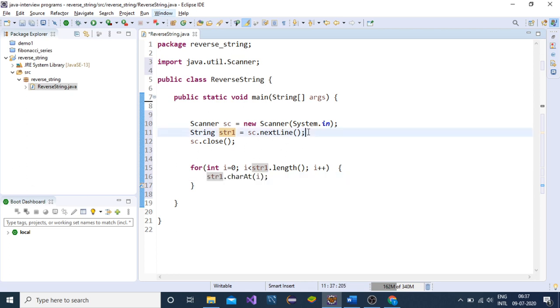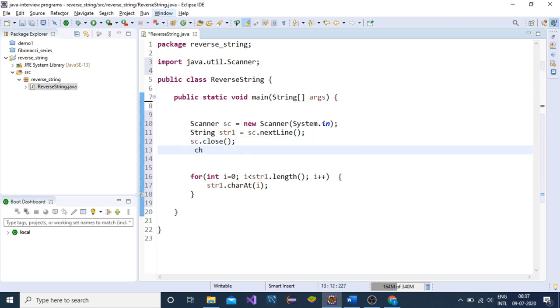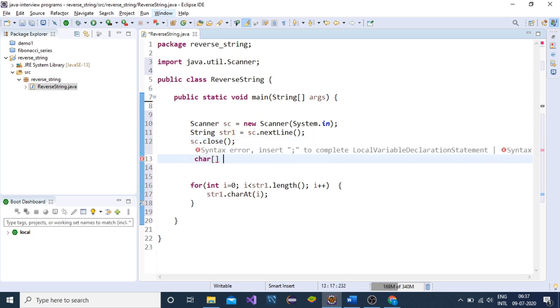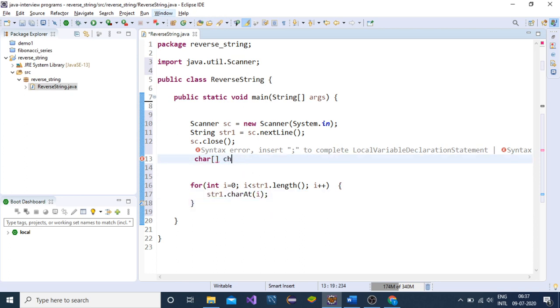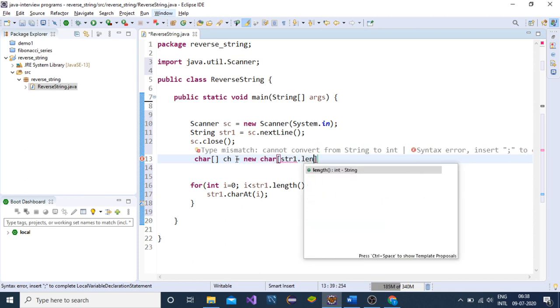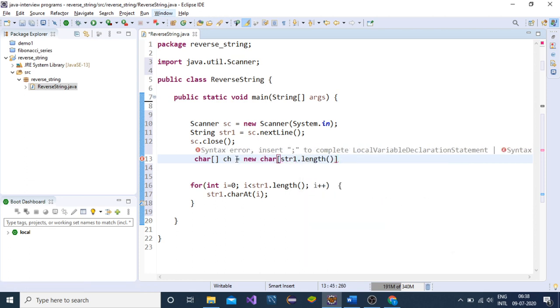So we will create a char array first. In that char array, we will store one by one the value of this index. ch equals new char, and the length of this char array should be equal to the length of the string, that is str1.length. So it is okay.